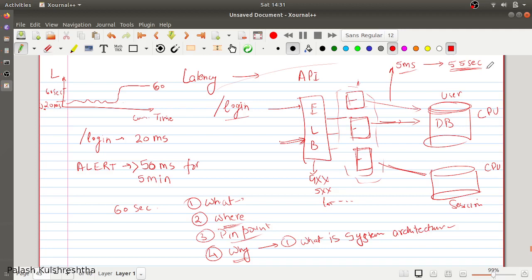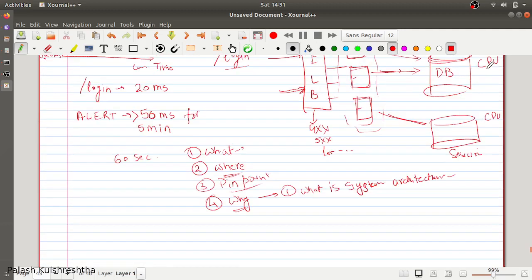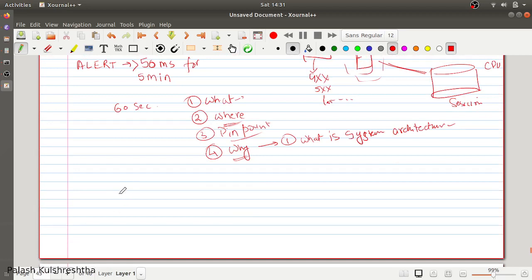Now there can be multiple reasons for a query taking higher time. Why would a query take a high time? Maybe there has been some change in the query. There has been a recent deployment in which there was some change in the query, which was tested but not from production scope, because many things can change from staging to production.